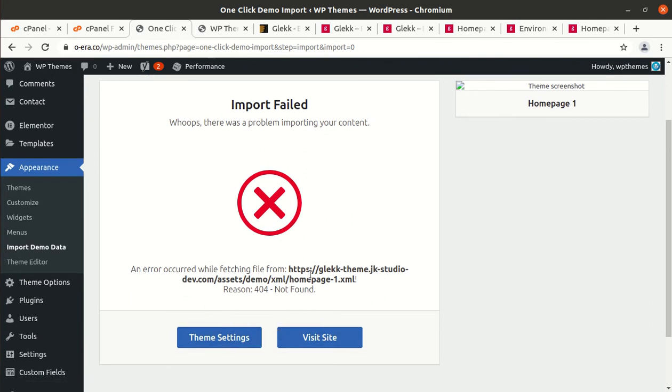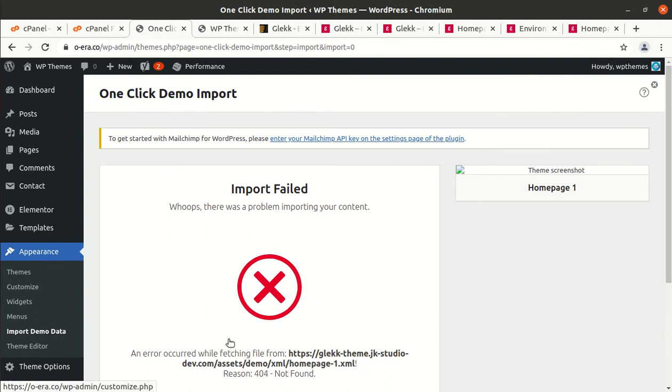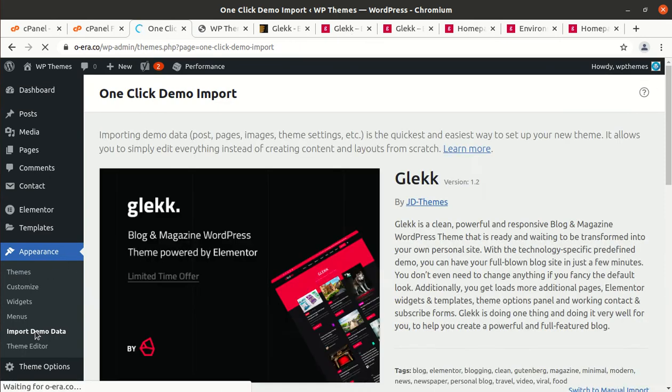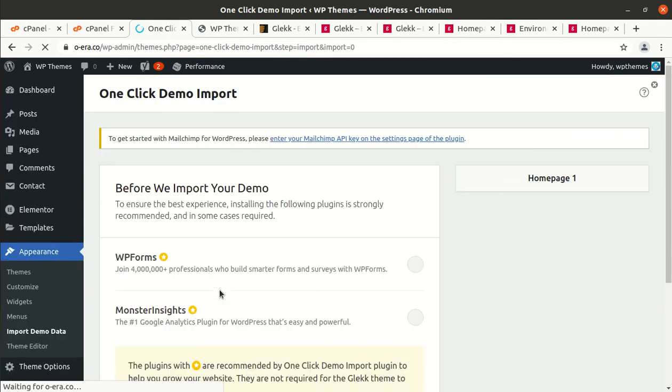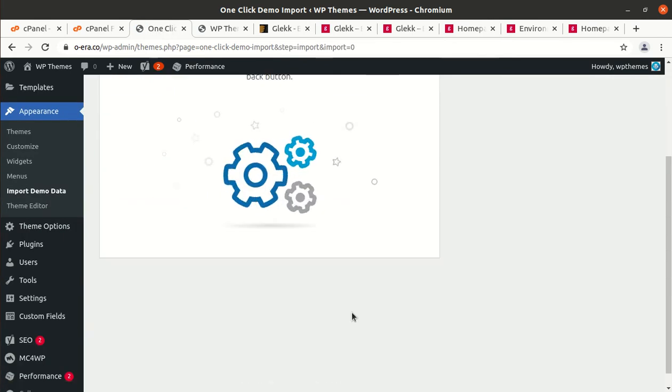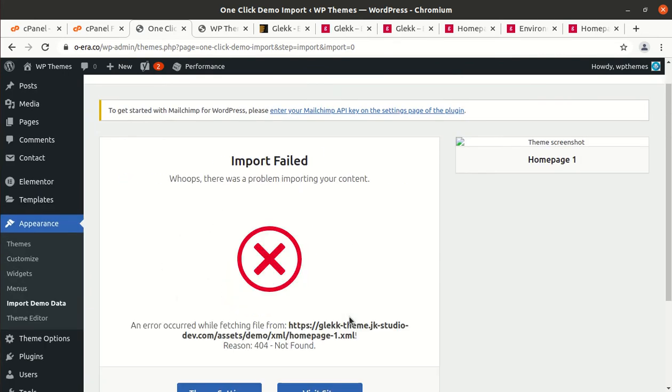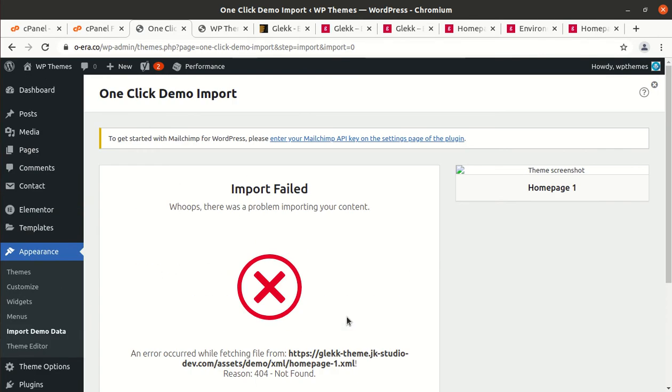Error occurred fetching file again, so it is not getting connected to the developer server in fact. So I'll try it again, and okay, so it is having some error,